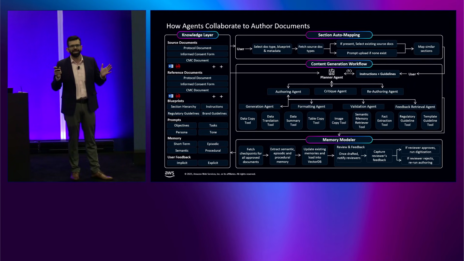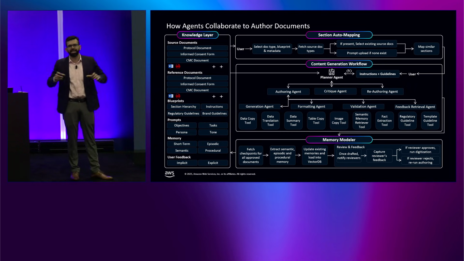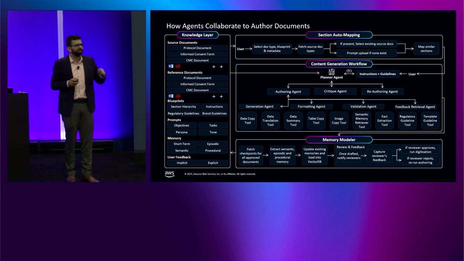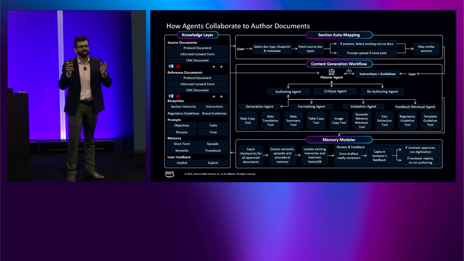This is a slightly more detailed view, which explains how the construct of the knowledge layer, the agents, the tools, and the memory all come together to enable the end-to-end authoring experience, right? Again, I'll explain this with an example. Let's say as a medical writer, I have selected a document and maybe one section or more than one section to be authored. As soon as this information is made available, the planner agent hits the knowledge layer,